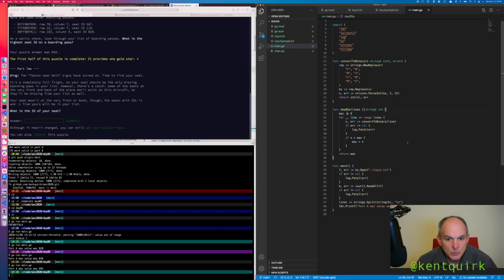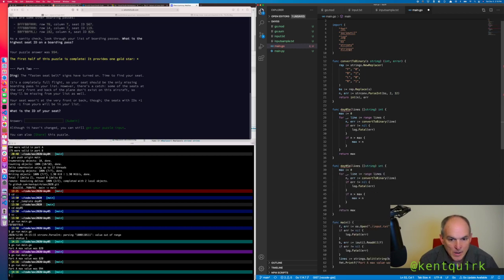I am going to duplicate this function because it has some of the stuff we need, and do 5b. And instead of having a max here, we're going to create an array of ints to store these in. And then we will sort that. So seats gets